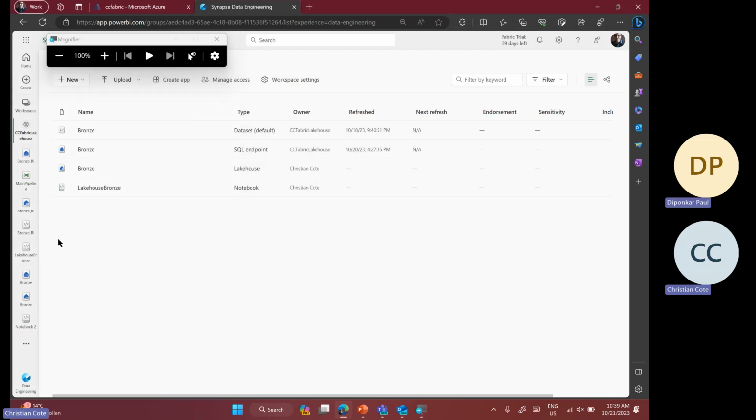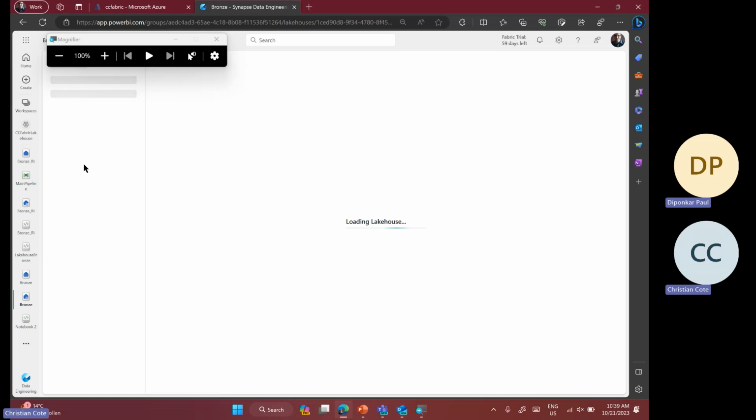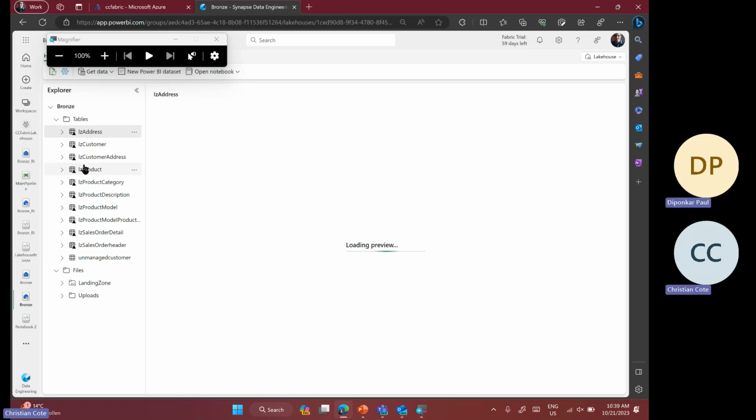Now let's go to the Lakehouse. You see SQL endpoint and Lakehouse. I created the bronze Lakehouse. I showed you the medallion architecture before: bronze, silver, gold. Someone asked me a question, I think it's you: why don't I have one Lakehouse for everything, right?